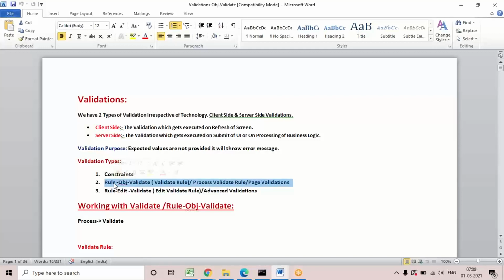I mean to say, apart from age, some other property also you can define the validation for. So again, all the properties you can define in the same rule within that page. Suppose in the customer section you need validation for four or five fields. All the conditions for those fields you can define in a single rule itself.